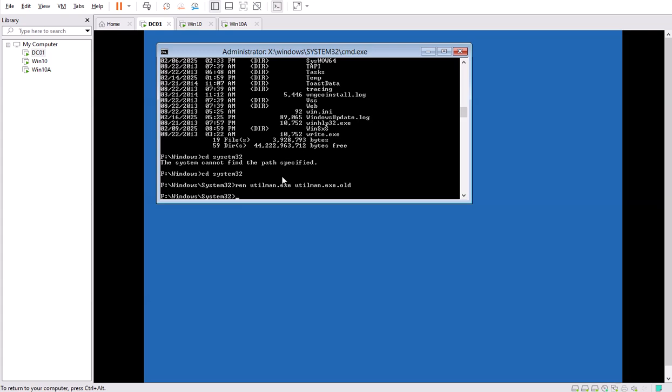we are going to copy, or I would say make a duplicate copy of cmd.exe and we will give this the name utilman.exe. Let me tell you again, we are going to create a duplicate copy of cmd.exe and give it the name utilman.exe so that we can use that